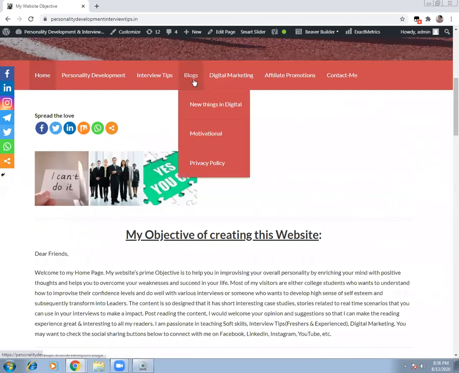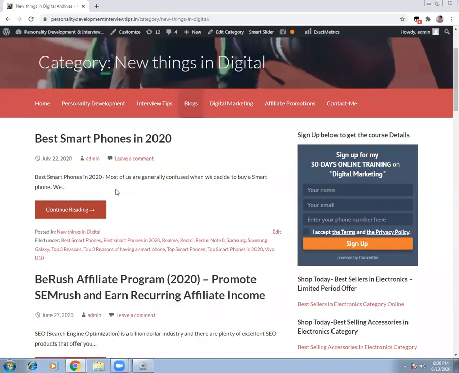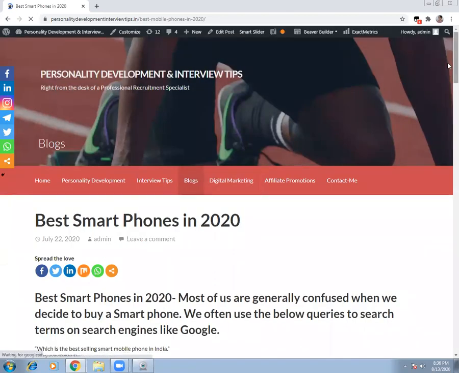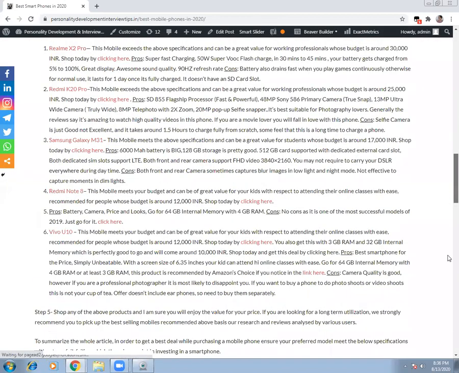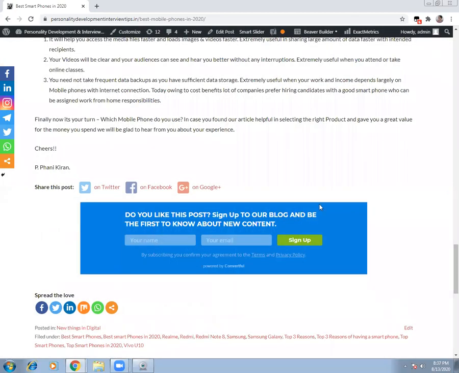When you go to the blog posts, you can select something and scroll down. If you display it soon after your posts, you have a Convertful widget here. So this is the second one.